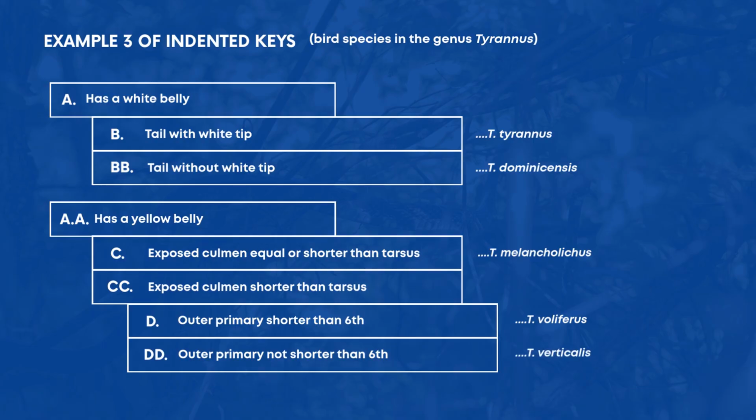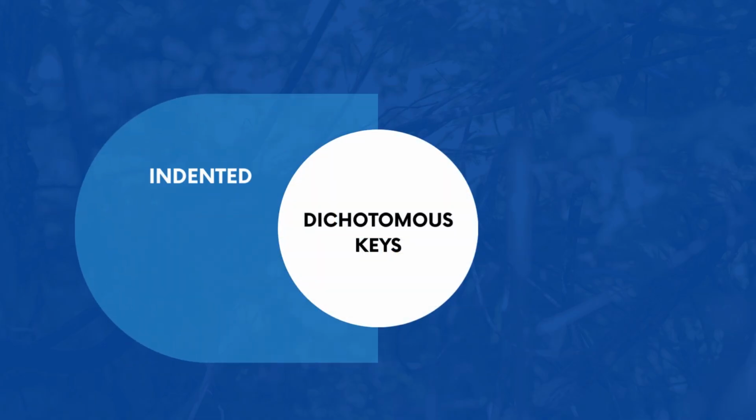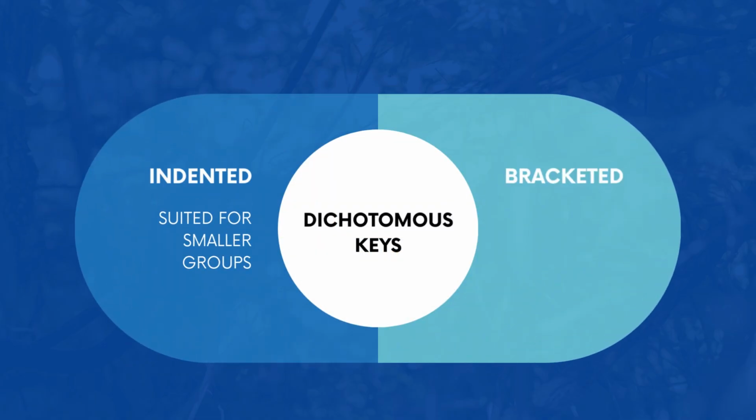Notice how in the indented format, you can visually follow the choices straight down the page without needing to jump to another numbered step. This makes indented keys easier to navigate for short examples, but in long and detailed keys, users might lose track of where they are. That's why indented keys are best suited for smaller groups, while bracketed keys are often used for larger or more